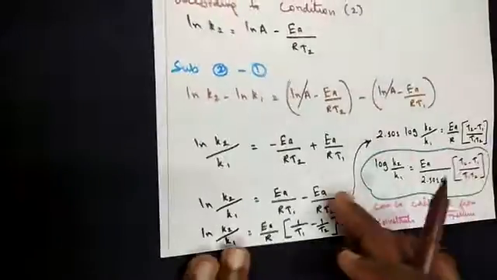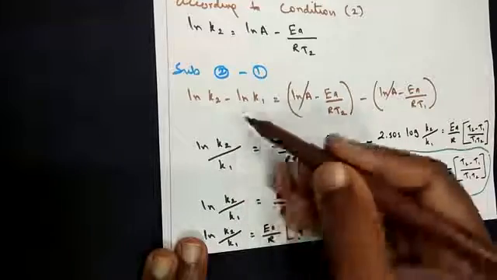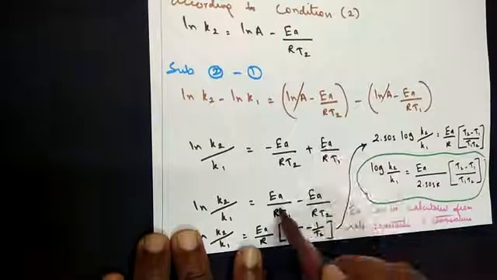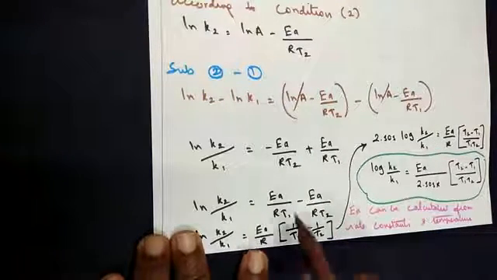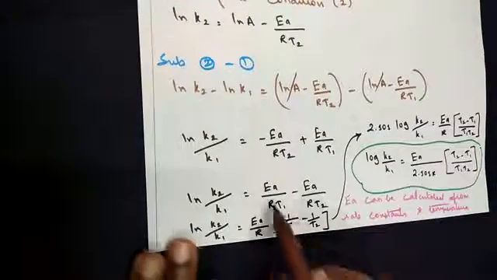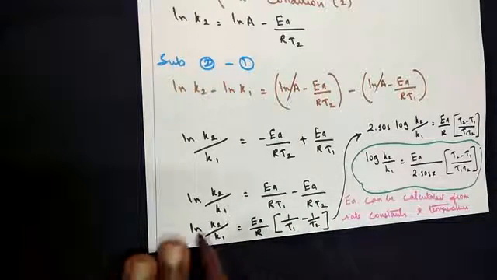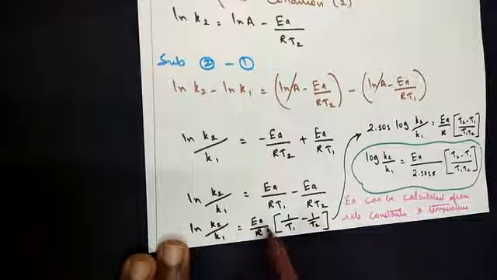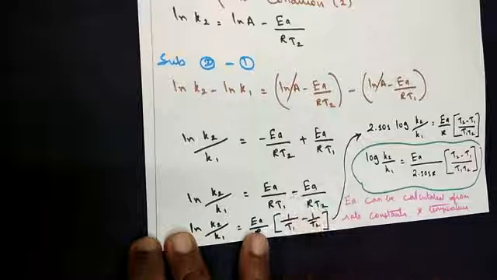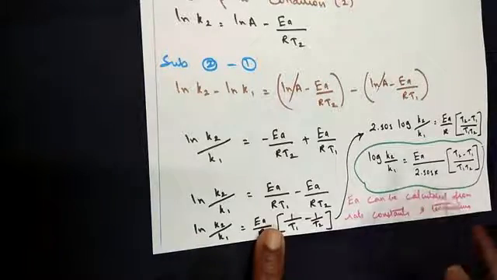Now as usual, bring the positive term in front. This remains as it is here. So in terms of minus, in logarithm term, it becomes a division. Natural log of K2 by K1 is equal to, bring the plus term in front, minus term to be the second one. Ea by RT1 minus Ea by RT2. Next, what can we do? What is common here? Ea and R is common. Take the common factor out. So natural log of K2 by K1 is equal to Ea by R within the bracket 1 by T1 minus 1 by T2. The next step, since the denominators are not the same, go for cross multiplication.